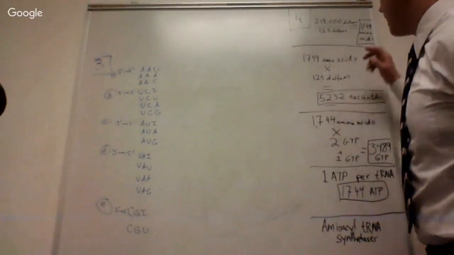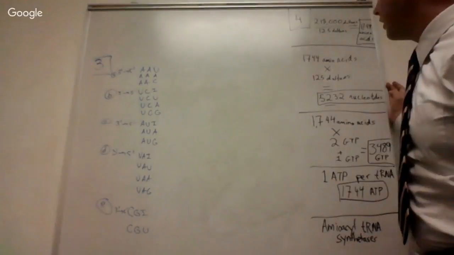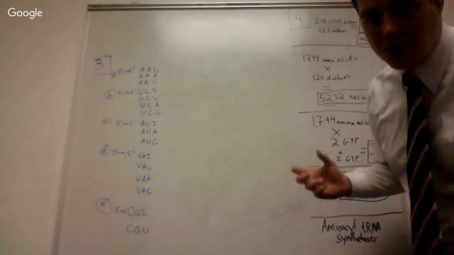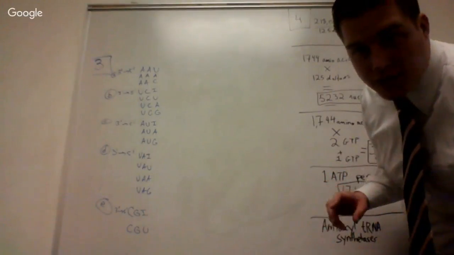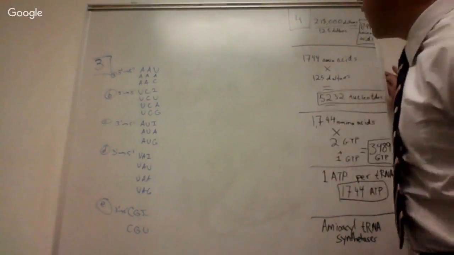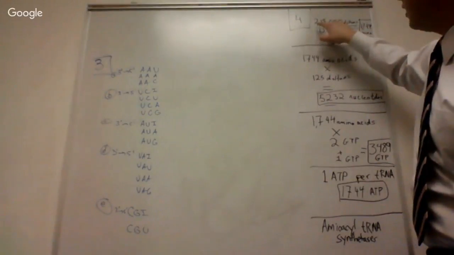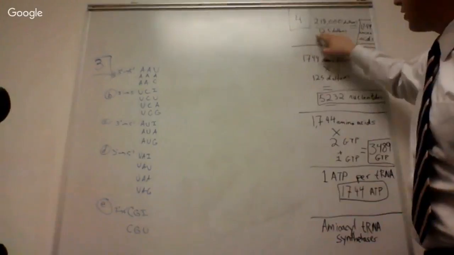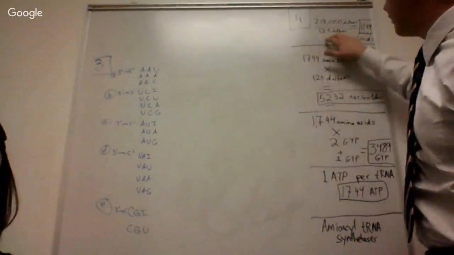So the first one says, let me read it here, an average amino acid is 125 Daltons, and protein X has 218 kilodaltons in its molecular weight. So 218 kilodaltons is the same thing as 218,000 Daltons. So I just divided that by 125 Daltons to get how long it is, because we know 125